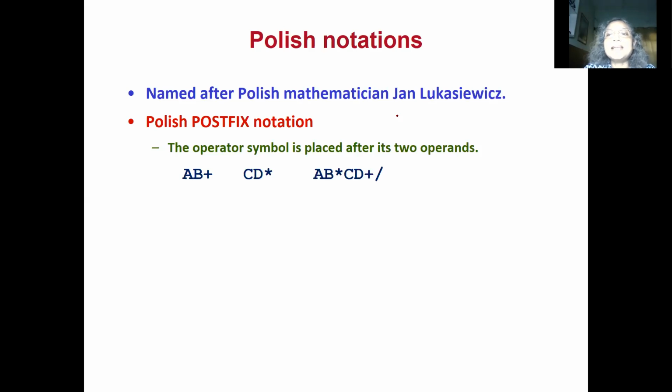So let us take a slightly longer example to work it out. This is the expression 10, 6, 3 minus star 7, 4 plus minus. And we are scanning the string from left to right. So first we take 10 as the first element, we push it into the stack, then 6,